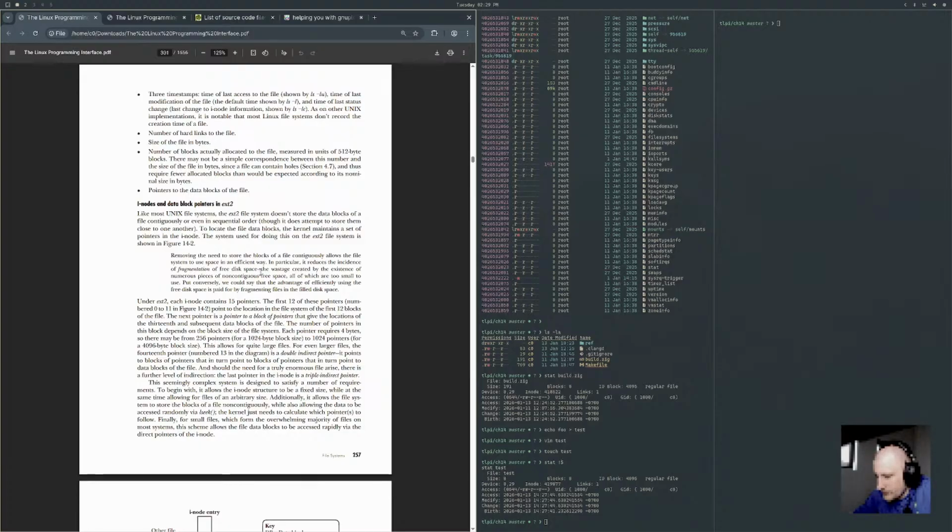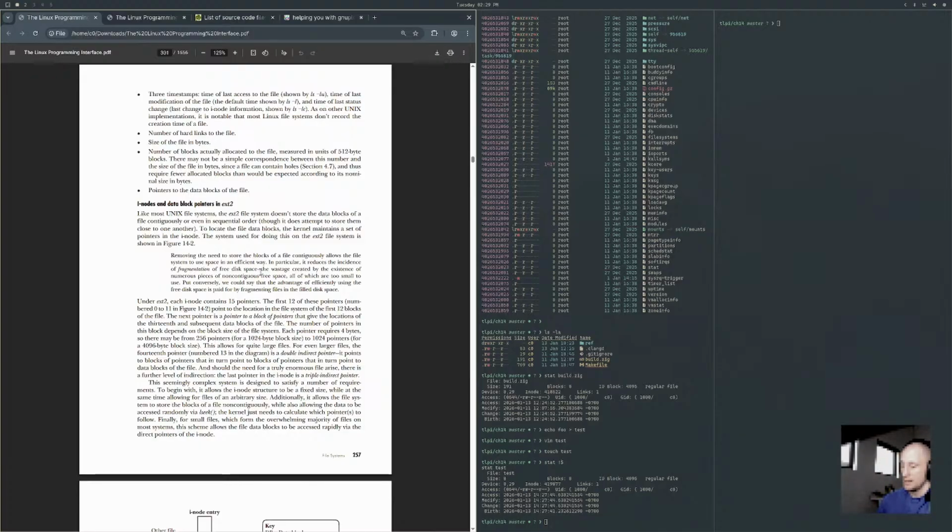Number of blocks actually allocated to the file, measured in units of 512 byte blocks. There may not be a simple correspondence between this number and the size of the file in bytes, since the file can contain holes and thus require fewer allocated blocks than would be expected given its nominal size in bytes. Pointers to the data blocks of the file. Inodes and data block pointers in ext2.